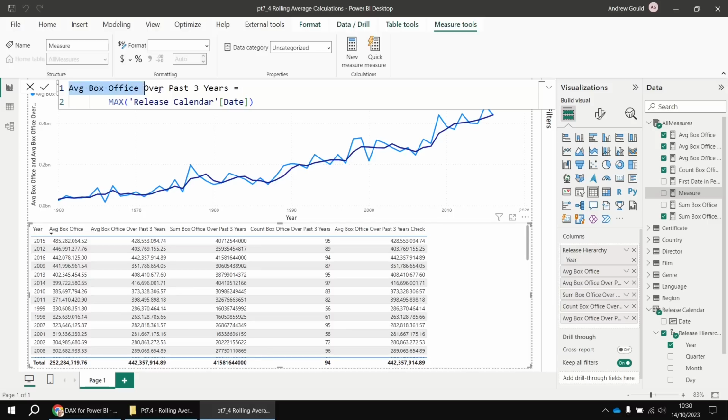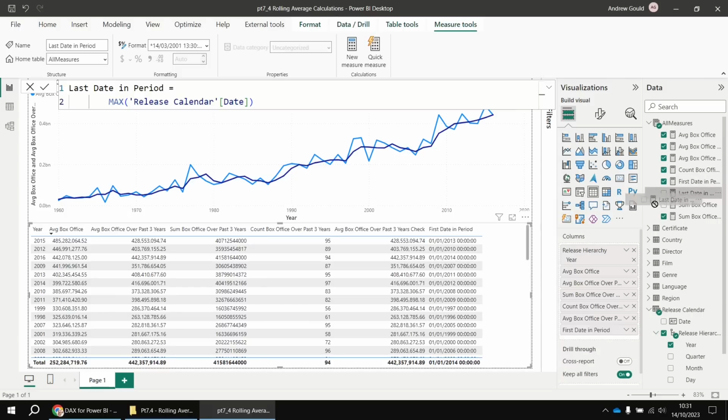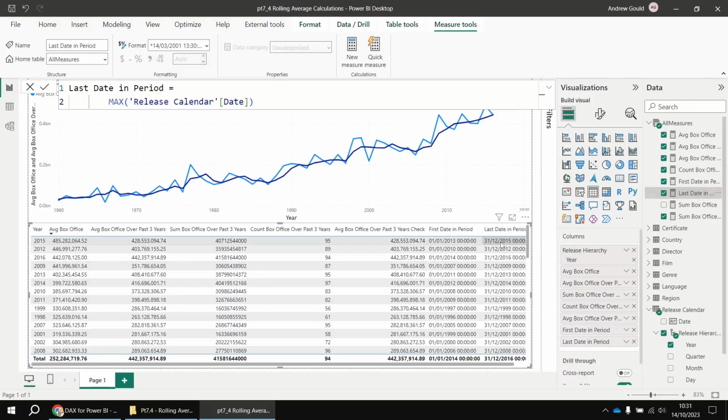Let's change the name of that measure to say last date in period. Probably would have made more sense to copy the measure name and then just type in the function. There we go, last date in period. And once we've entered that, let's drop those two dates into the same table visual, just so we can see that for